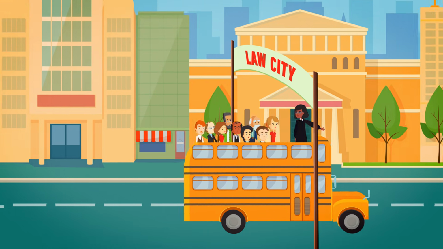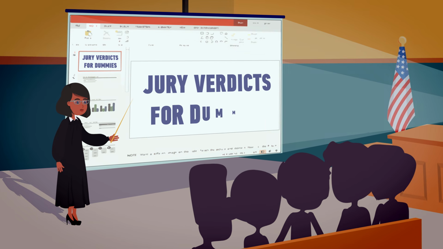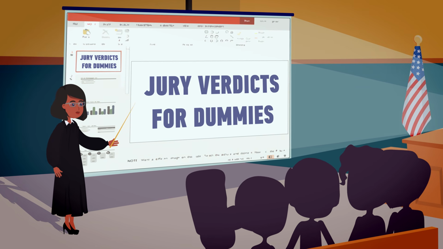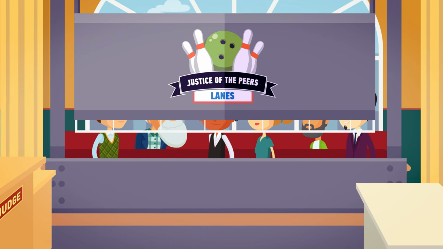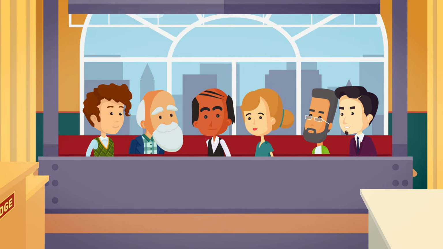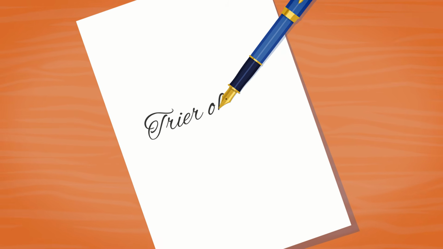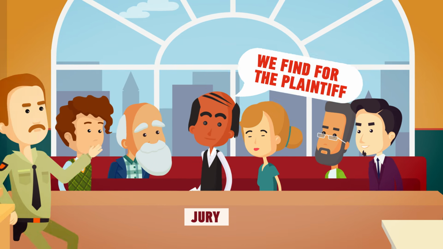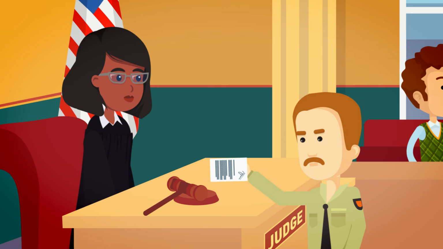Another part of the judge's duty is to act as a guide for the jury. The judge will instruct the jury about the law before the jury's verdict, so that they make the most informed decision possible. Juries are assembled to determine if someone is liable or not liable in a case based on the evidence that has been admitted, and only on that evidence. This makes the jury, in stuffy lawyer speak, the trier of fact. If the jury does find the defendant liable, they must also decide how much in damages the defendant must pay.